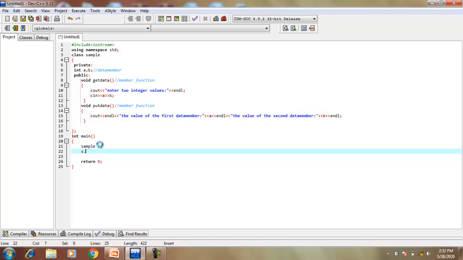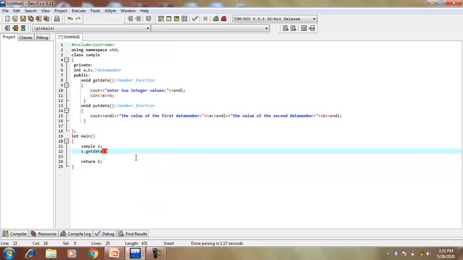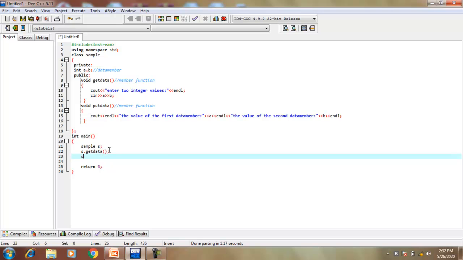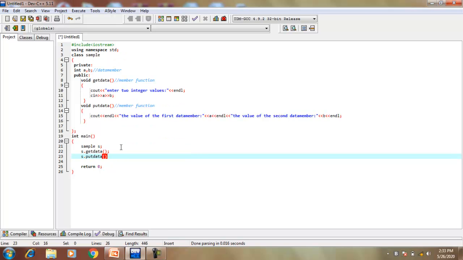So how is this possible? s dot, first we call the input function. The name of the input function is getdata, and then again I use the putdata function. So here I am writing s.getdata and s.putdata.